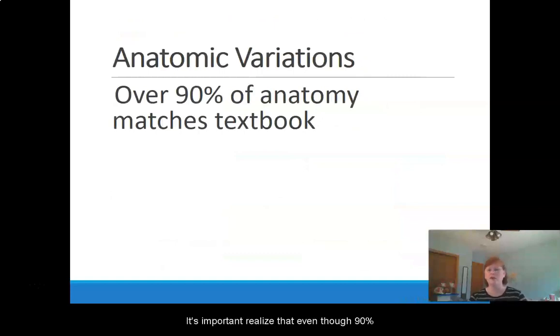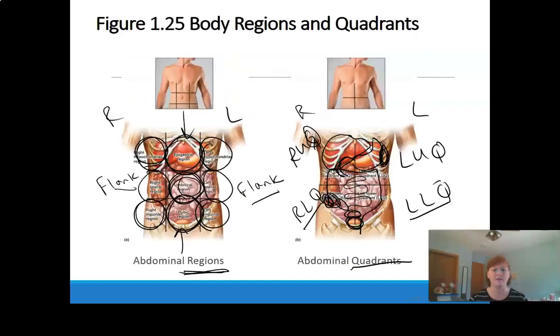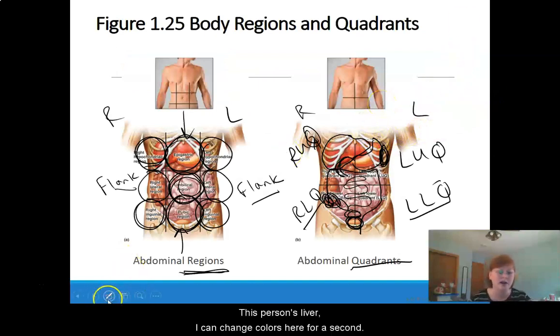Now, it's important to realize that even though 90% of your anatomy matches the textbook, there are a lot of differences from person to person. So you can have differences in nerves, blood vessels, small muscles, even some bones. And the most extreme example that I've seen that I think is really interesting is a genetic disorder where all of the internal organs are mirror imaged. So if we go back here, that means that this person's liver, if I kind of change colors here for a second,